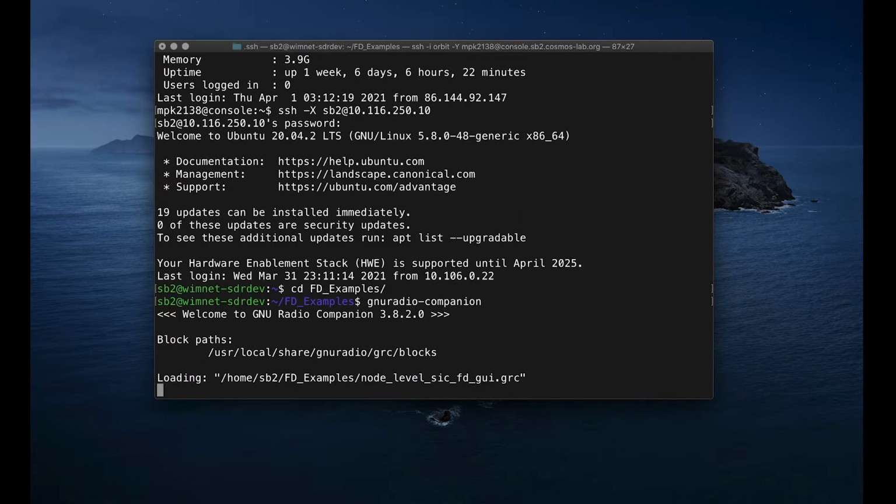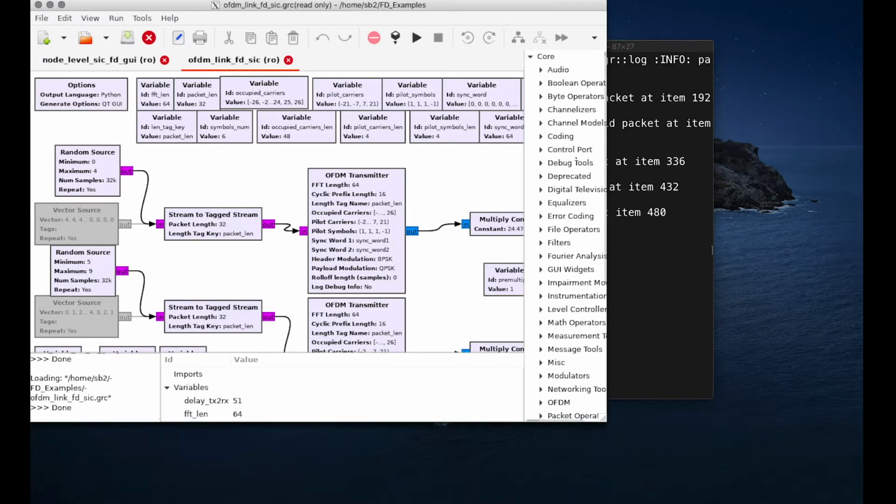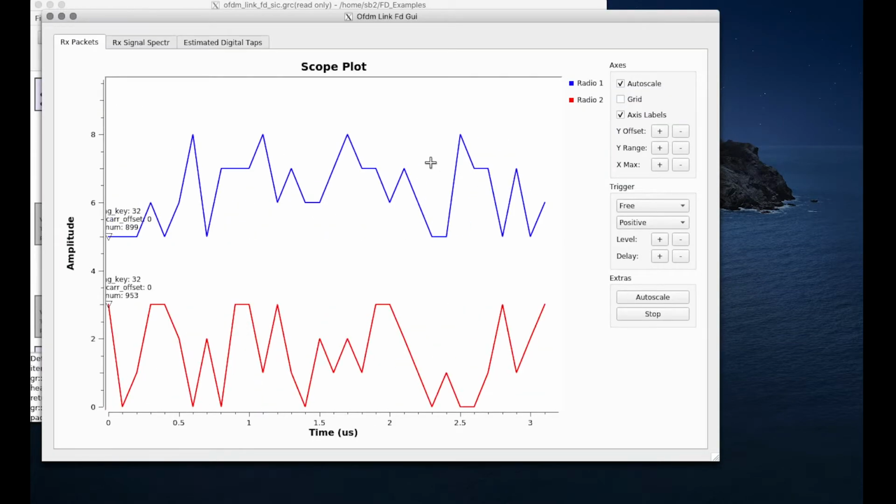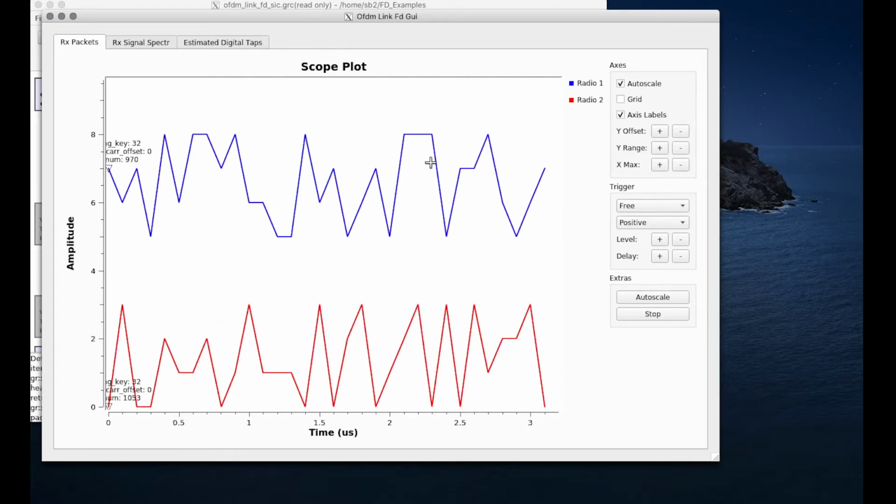After starting GNU Radio, a window will show up which shows the experiment flow graph that's currently loaded in. This particular flow graph is for the OFDM full duplex packet link. After pressing play, the experiment GUI will show up, and here we are seeing the decoded packet data received at